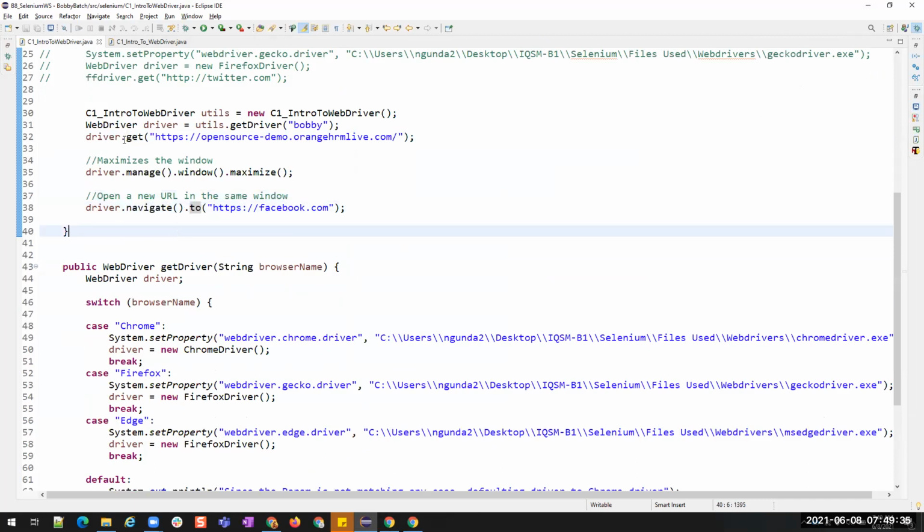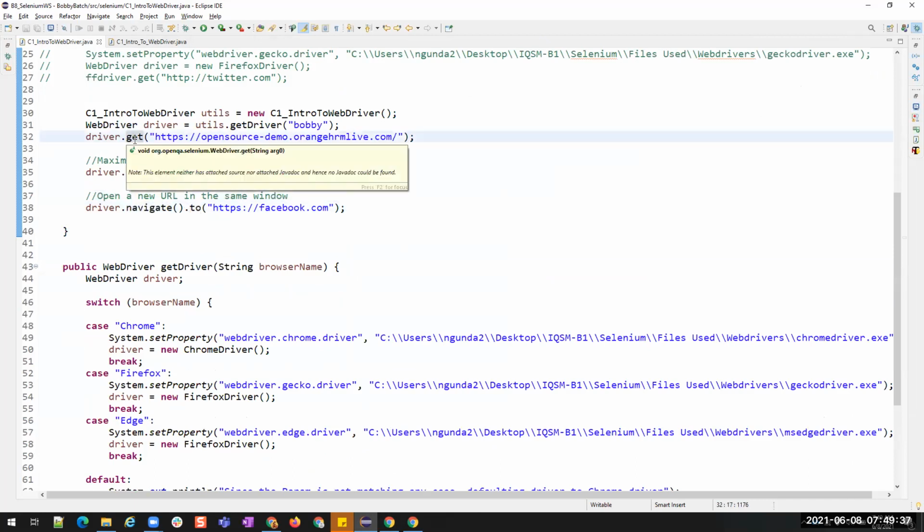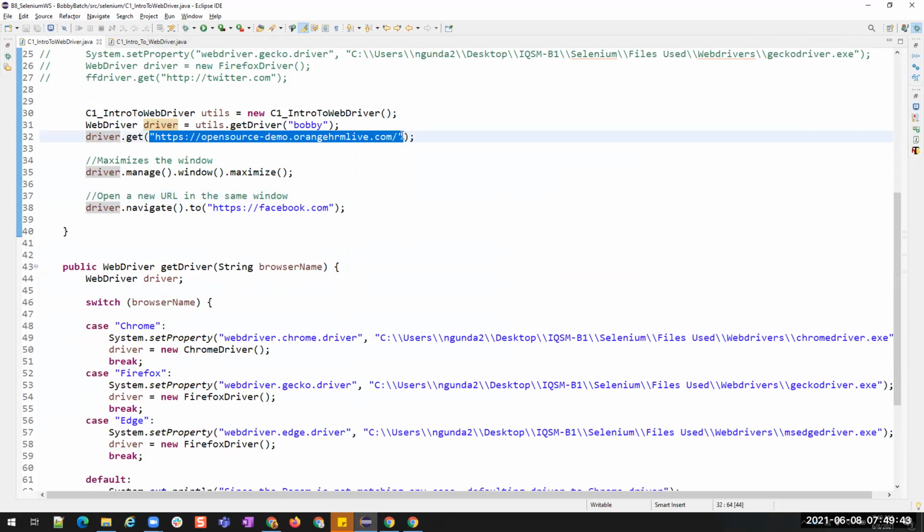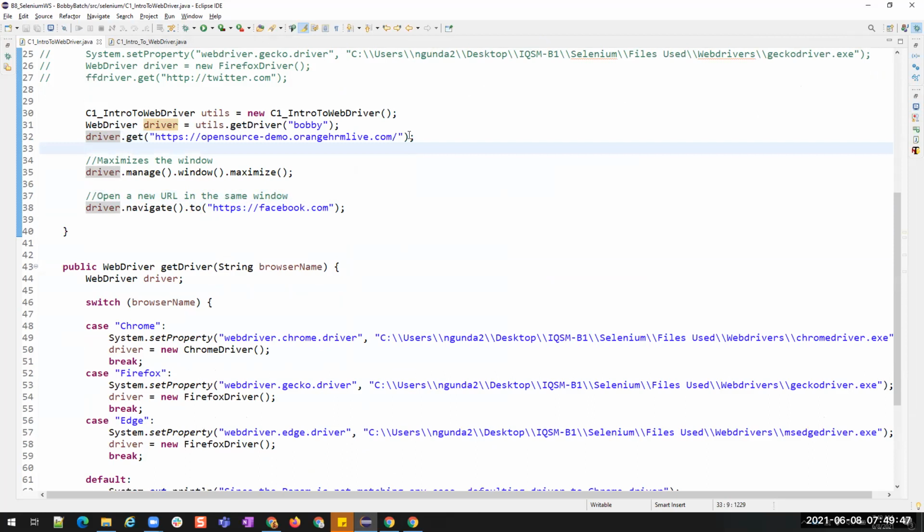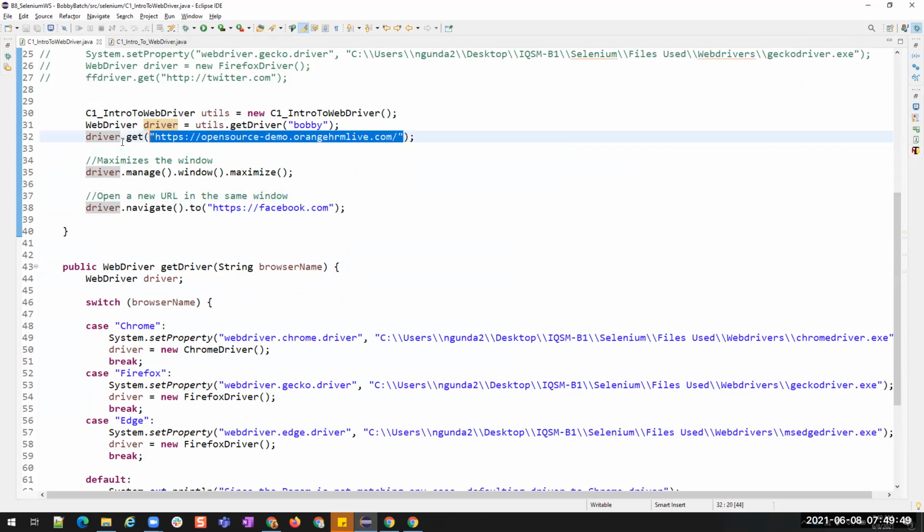Okay. The only purpose of the get method is to open a browser with a particular URL. Whatever URL we pass, the browser will open with that URL. That is the only purpose of driver.get, which opens a new browser and navigates to this particular URL.